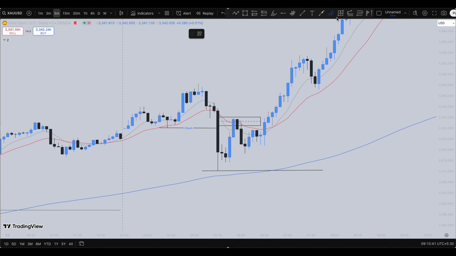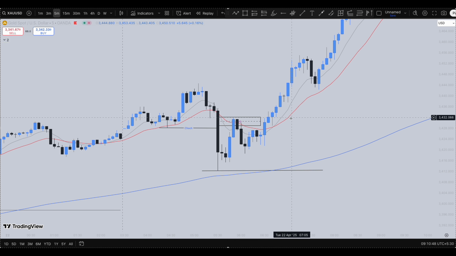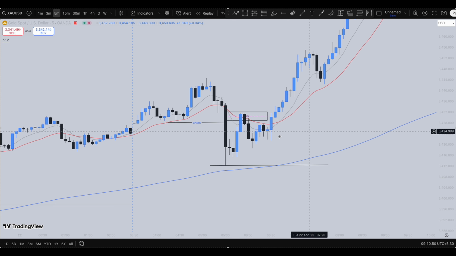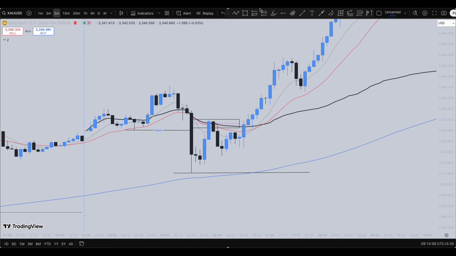So let's try to mark the low to high of this candle. You can see the 0.5 levels was not aggressively sold towards the downside, and again the market rejected price on these levels and continued further bullish. In case you plot the daily VWAP level, you can see the market rejecting price over here. So what you could have expected is that the market, after retracing to this fair value gap over here